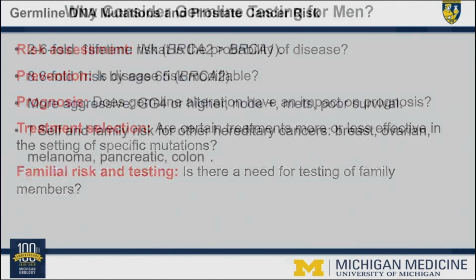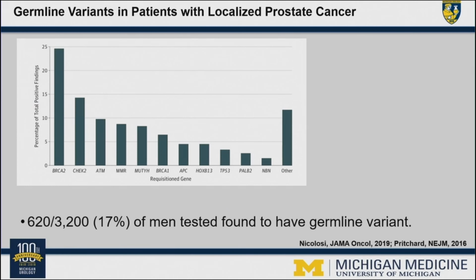Now, how common are these germline mutations? This is a study that was published a few years ago that reported that 17% of patients with localized prostate cancer have some germline alteration or another. But it's important to highlight that there could be selection bias in this data because these patients were referred for testing for a reason. So this is a highly selected